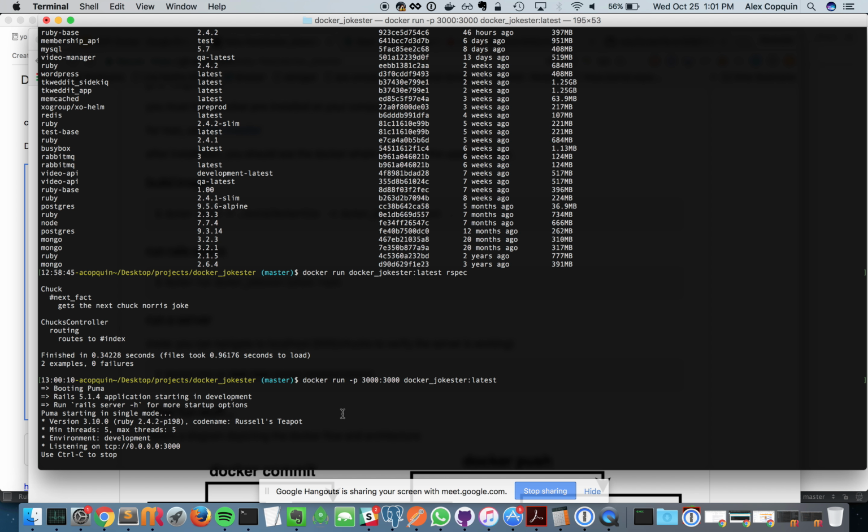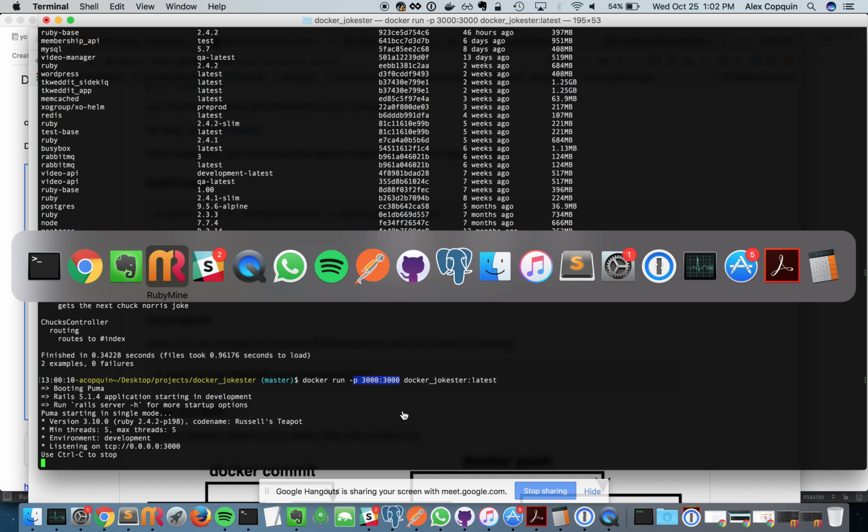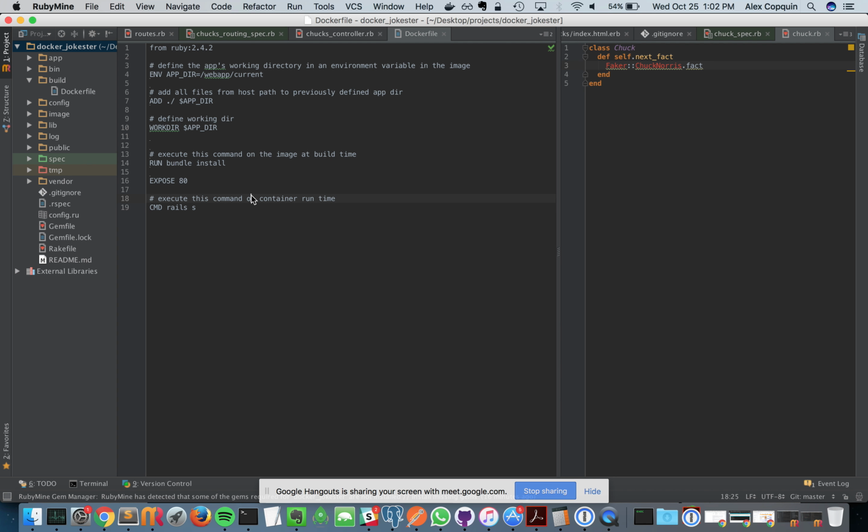Why are we putting 3000 twice? It's actually a good question. So this command is saying, in a nutshell, whatever comes, map the port 3000 from outside to the 3000 that is listening inside. A more proper way would be,